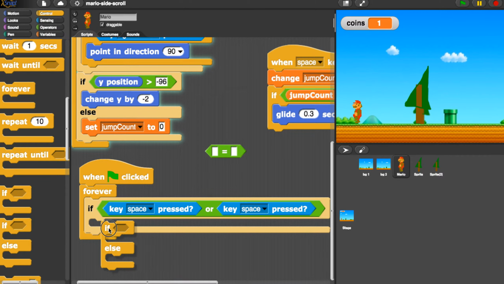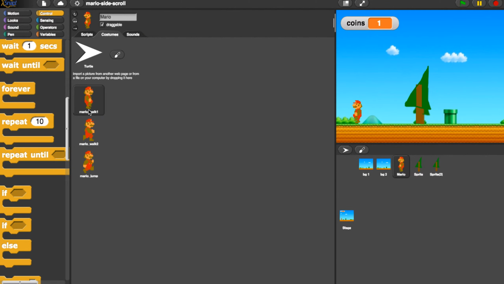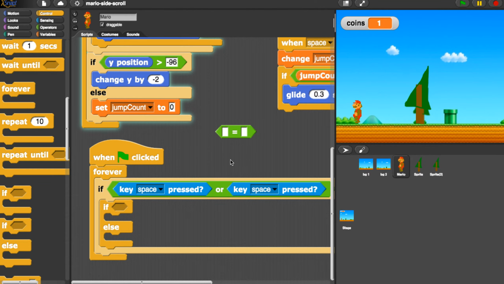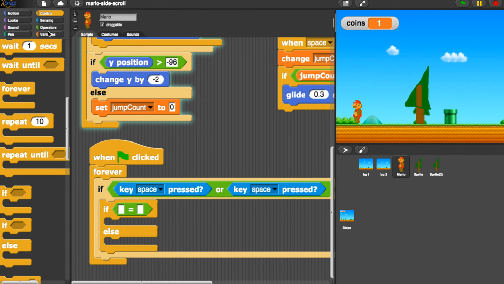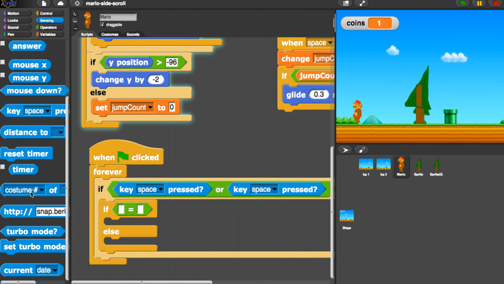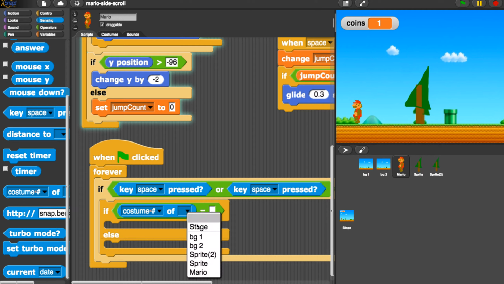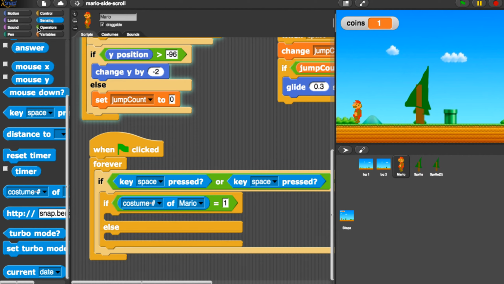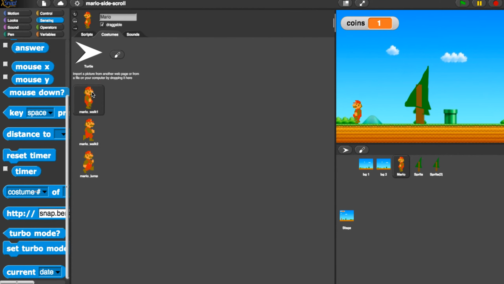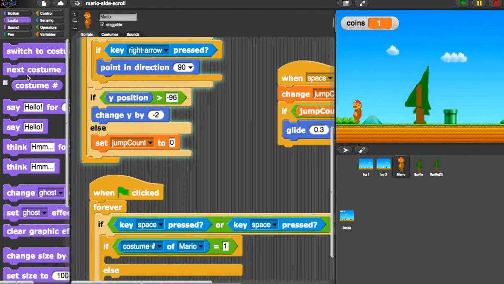And the idea here is that if Mario has 3 costumes, walk 1, walk 2, and jump, I only want to use walk 1 and walk 2 for the animation of the walking. And so I just need to know which costume I'm currently on and switch it to the other one. And there is a special block that we can use here in the sensing palette called costume number of, and then I select Mario. So if costume number of Mario is equal to 1, and as you can see, these costumes are numbered here, then I'm just going to switch Mario's costume